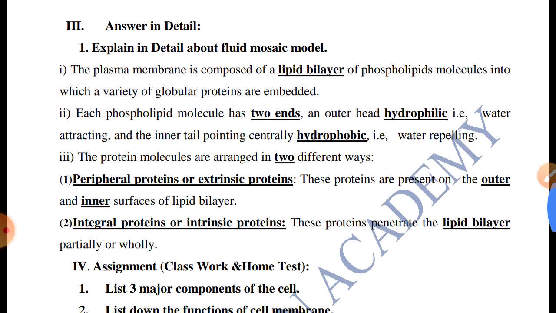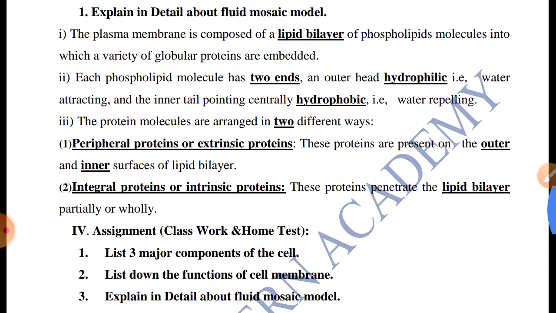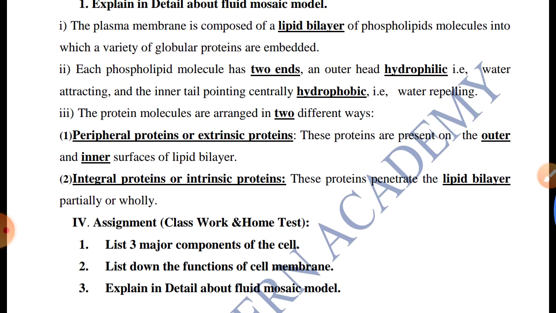Detailed question. Explain about fluid mosaic model. The plasma membrane is composed of lipid bilayer, which means two layers. What are the two layers? Phospholipid molecule and a globular protein. What is there in phospholipid molecule? It has two ends, one for water attracting or else called hydrophilic, and another for water repelling or else